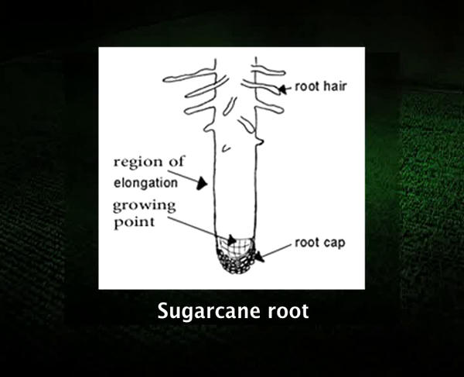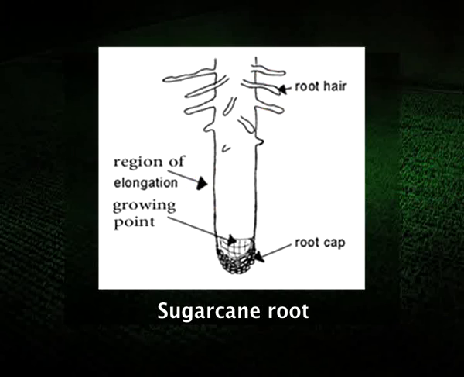Third, the region of elongation. The cells increase in size and diameter until they reach their ultimate size. Fourth, the region of root hairs is characterized by epidermal cells forming outgrowths, that is hairs, which dramatically increases the